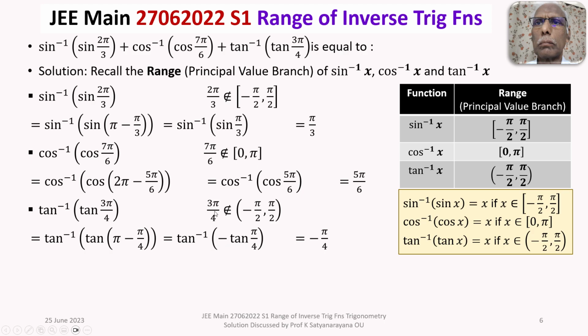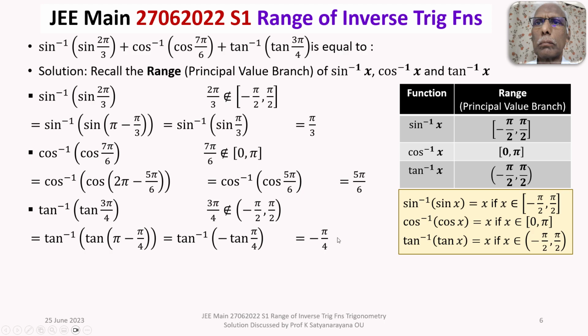So, that means tan inverse of tan of minus pi by 4. Minus pi by 4 belongs to the principal value branch of tan inverse x, namely the open interval minus pi by 2 to plus pi by 2. So, tan inverse of tan of, in brackets, minus pi by 4 will be minus pi by 4. Mostly, the students will be making mistakes while writing this one. These two things normally people write, but here they may commit a mistake,